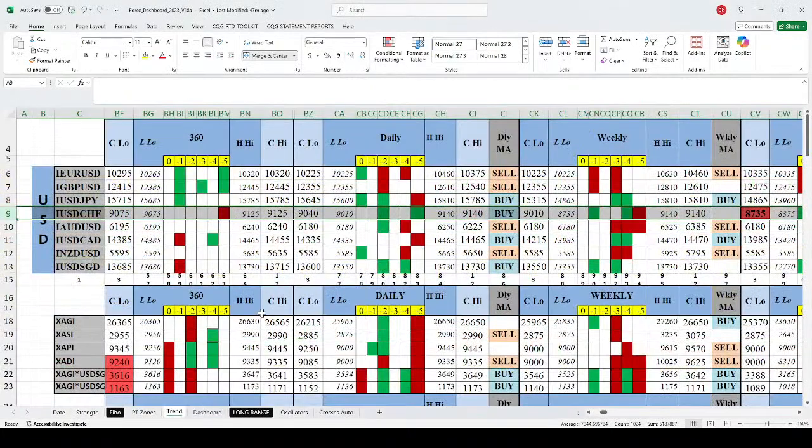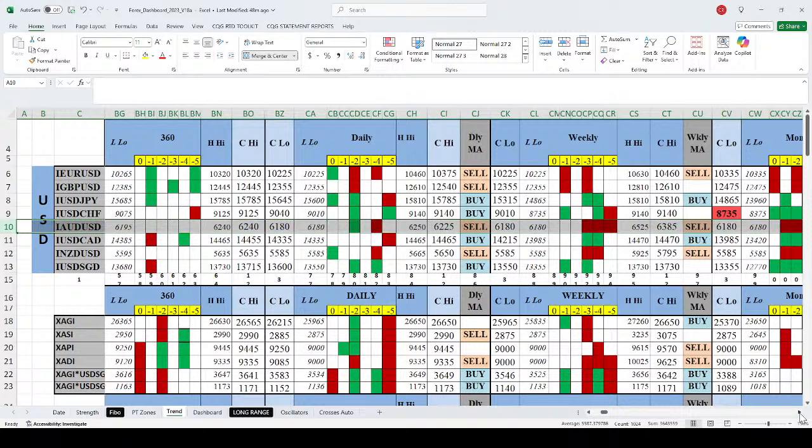The next currency we are going to talk about is Aussie. Remember, Aussie also has CPI data, which means we have to be in this trade and concentrate on this as well. So your 360 is flat, meaning between 161.95 and 62.40. Daily is flat with an upside bias. Weekly is flat with a downside bias. Monthly is flat with a downside bias.